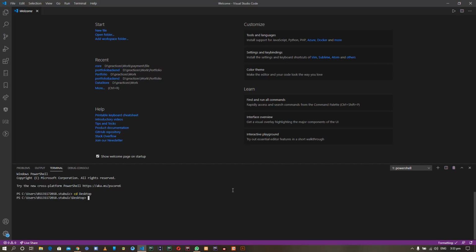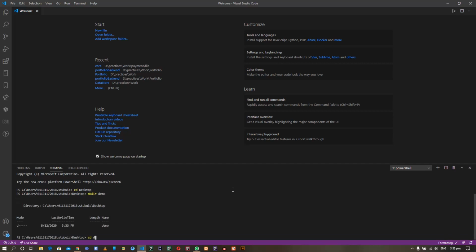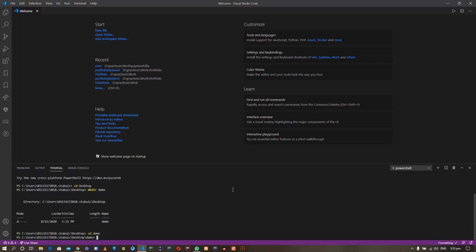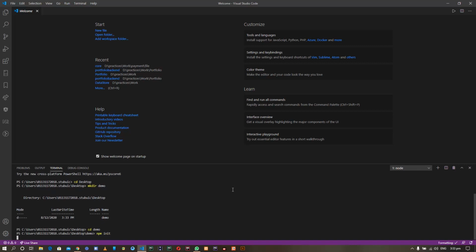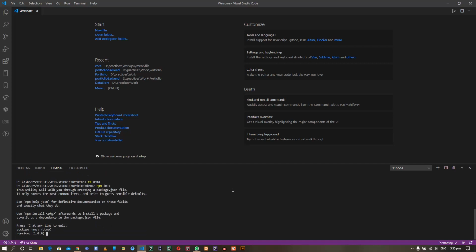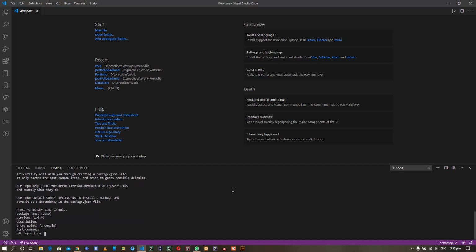First of all, create a new directory named demo. Inside that demo, run npm init. Just go with that flow.